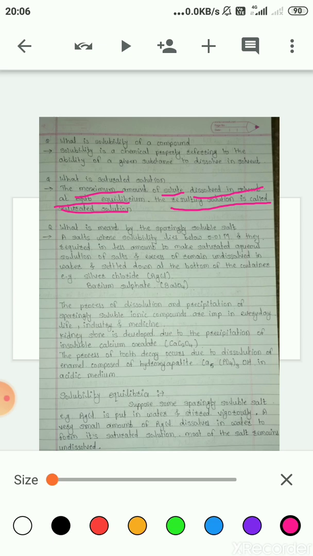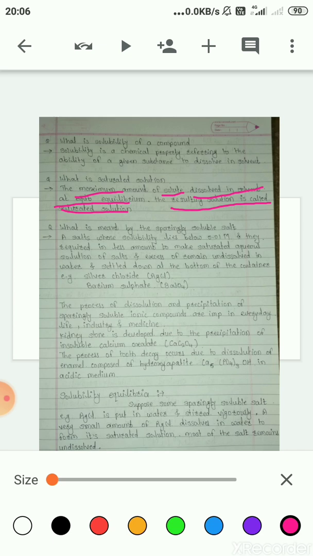Simply imagine you are preparing a solution of sugar and water. Suppose you have taken 10 ml of water in a beaker or any vessel or bowl, and you are adding sugar to it. At first the sugar will dissolve completely, but as you continue the addition of sugar, after a certain time the solution stops dissolving it and it remains as it is in the solution.